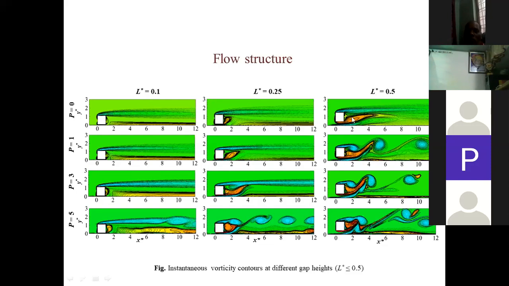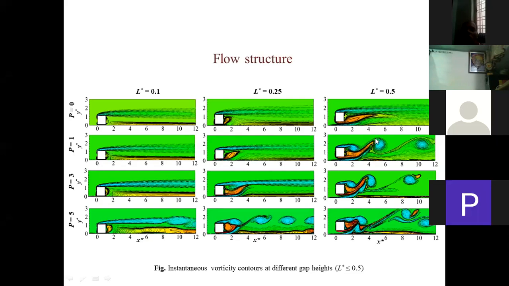I mean, there is no fluctuation in the flow, and the flow remains steady. And this holds up to L star 0.5 for P equals 1. But for P equals 1, when we increase the gap height beyond 0.5, as you can see clearly, the wake starts settling. And further, if we keep on increasing the gap height and the nonlinearity at the inlet,